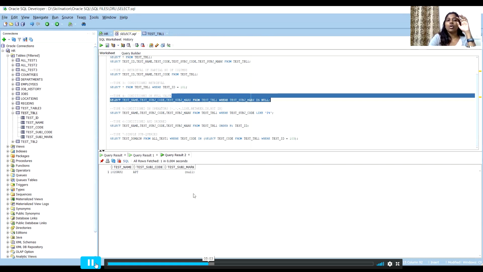And not only just 1 record, instead of all the 5, I have chosen only 3 columns. So what I have done is I have applied partial selection of the columns and partial selection of the records. Partial selection of records happens in the where clause, and partial selection of the columns happens next to select. So select these columns from this particular table where only these conditions are satisfied. Okay. So the next type is operators.